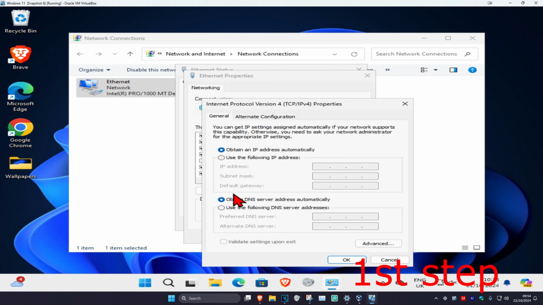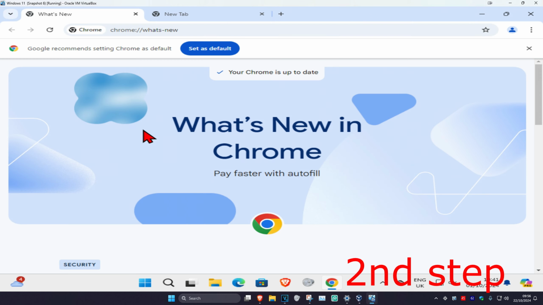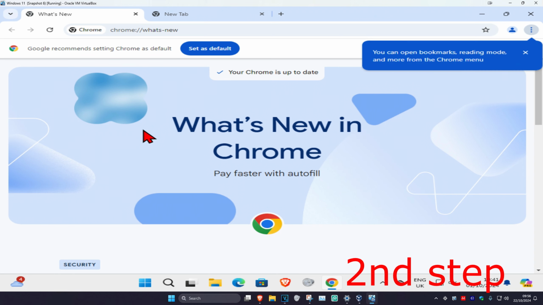Make sure that you have both these options on the default. So obtain an IP address automatically, select this, and obtain DNS server address automatically, select this, and then click on OK. And now for the next step, you're going to go to the web browser that you're having a problem